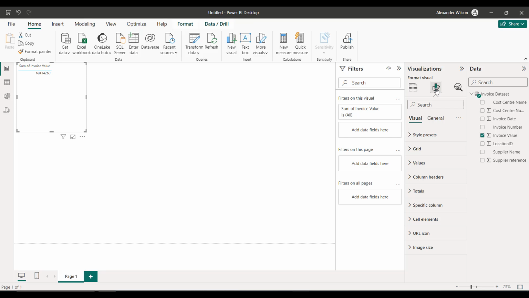Most visualizations will currently have this setup, where you can format the salient parts of the visual, such as the values, the totals, the column headers, and so on in the visual section, while more general parts of the visual, which will be present in all visuals, you can format in the general section. Now I just want to make the font of the values a little larger so that you guys can see it a bit better. So I'll go to the values option and increase the size of the values up to 16.